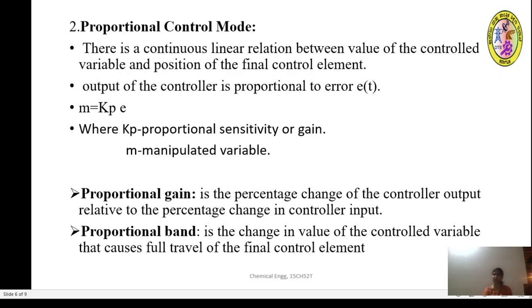Full travel means either opening or closing of the final control element based on the change in the value of the controlled variable.